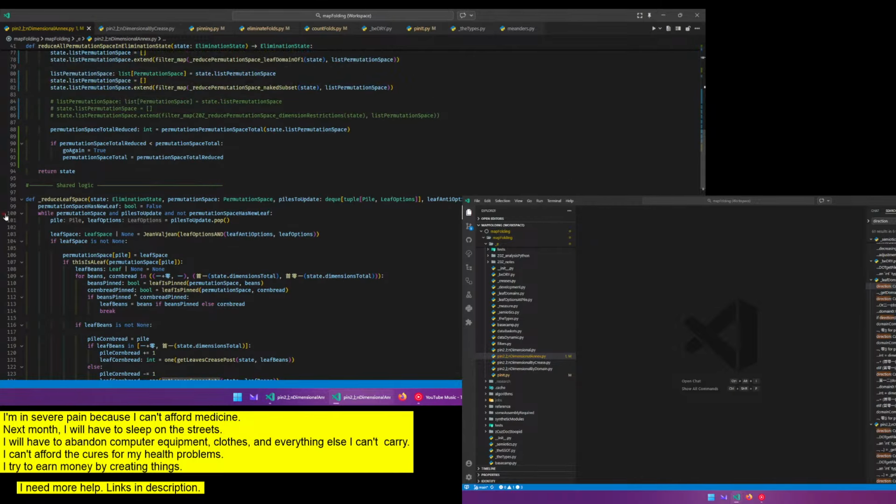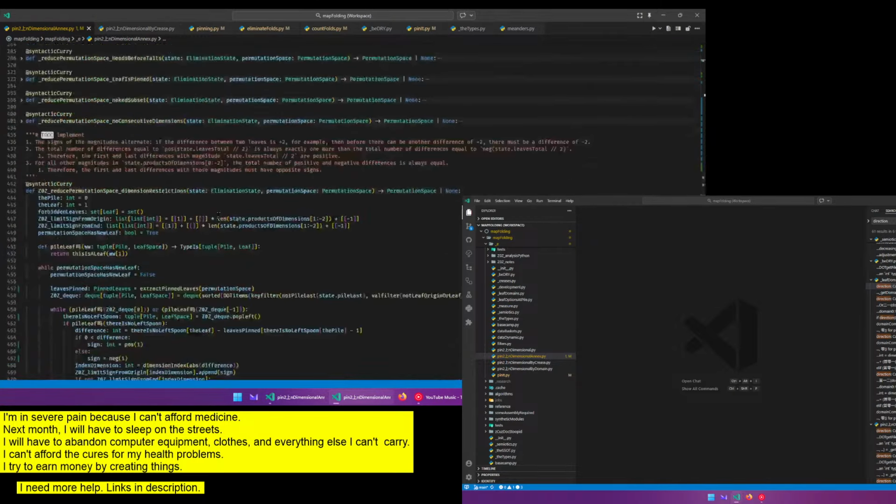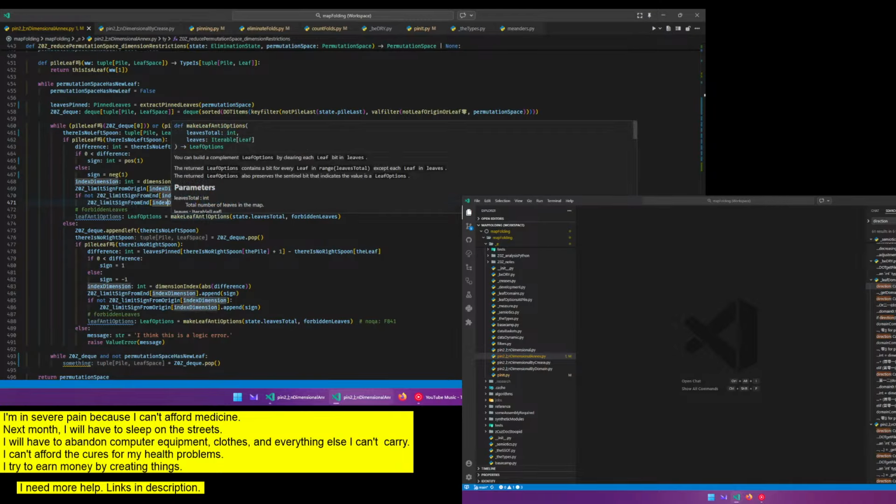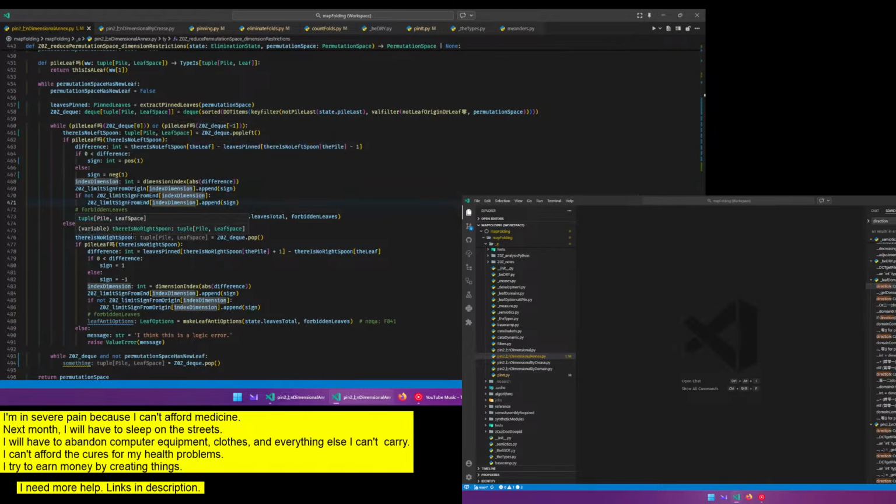Why did all of these open? Go down here. If there's a match in the dimensionality here between this and get leaves anti or post, depending on the directionality, then that would be a forbidden leaf, and I would take the forbidden leaves and turn it into leaf anti